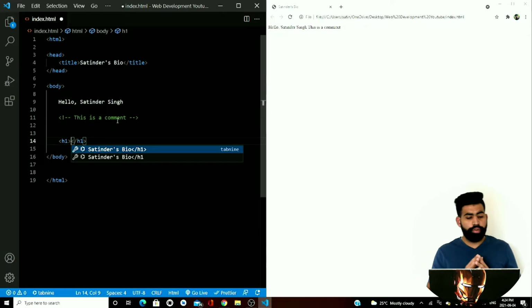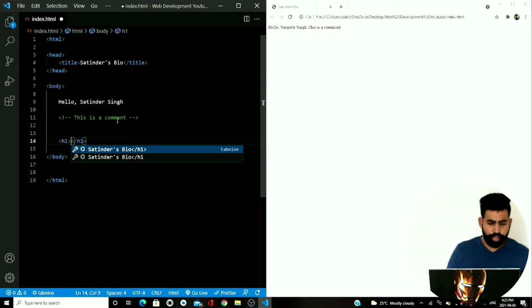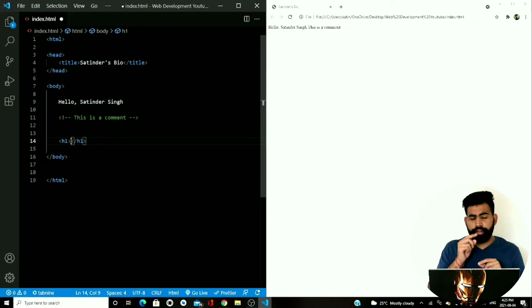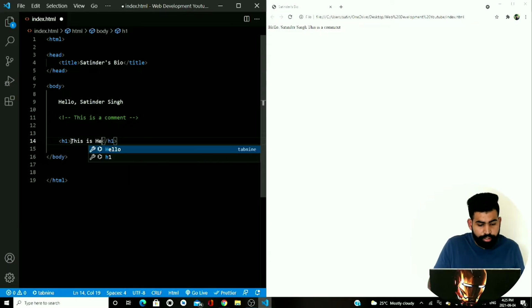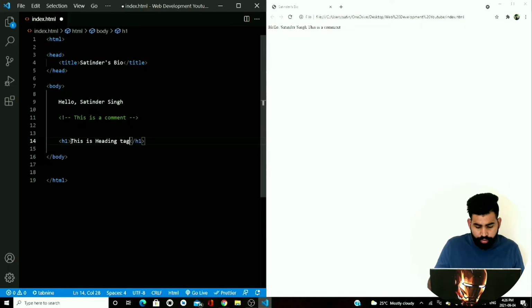H1. H1 means heading 1. Heading 1 does not mean that it is the first heading on our web page. No. It means this is a heading having a font size 1. Font size, I know everybody knows, is the size of the text. Okay. So in that heading tag, the H1 tag, we will write this is heading tag